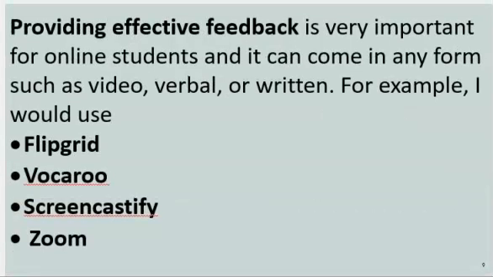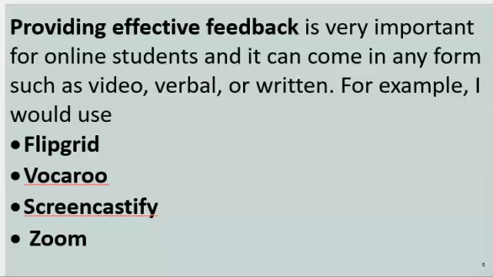Providing effective feedback is very important for online students, and it can come in any form such as video, verbal, and written. For example, I would use Flipgrid to add comments to the students' videos, send private text feedback, record private video feedback, and grade their ideas and performance.